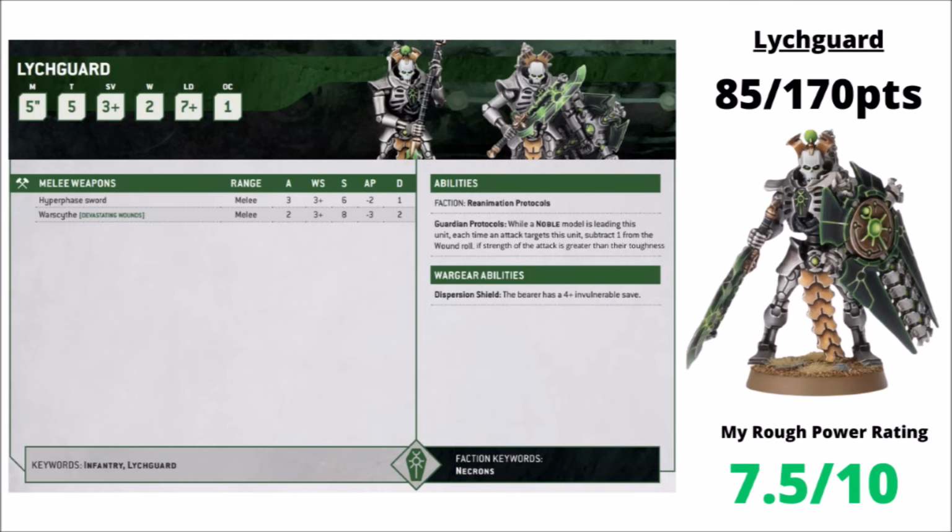The Elite Guard to the Nobles of the Dynasty, and certainly made an impact early in 10th edition with their nigh unkillable units that would just reanimate after you destroyed half of it, particularly when backed up by a Technomancer. Those days are a fair bit past though, and now they have a fairly different unit role. They're fairly cheap at 17 points per model, are almost always running with the Dispersion Shield and Hyperphase Sword, and